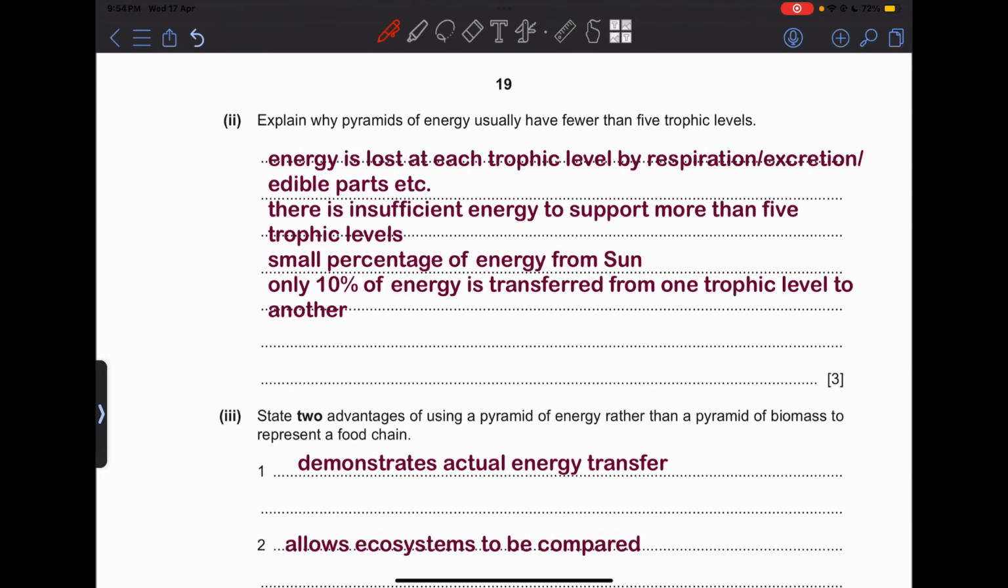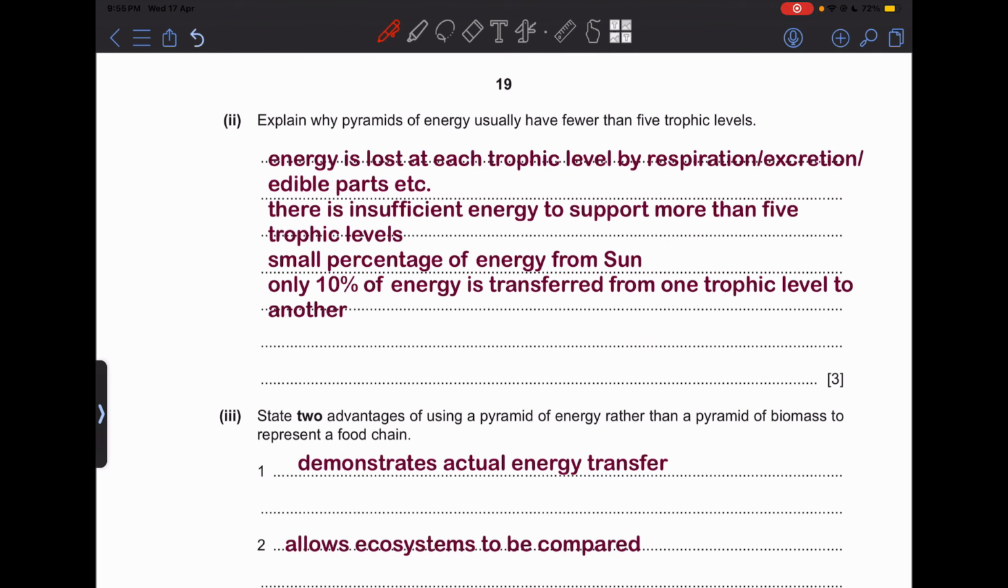Double I, explain why pyramids of energy usually have fewer than 5 trophic levels. This is mainly because there is insufficient energy to continue or carry on the food chain. So this is because energy is lost at each trophic level by respiration or excretion or inedible parts. So basically, the producers only take 10% of the energy from the sun. So when they take 10% of the energy from the sun, then they're going to transfer this 10% onto the